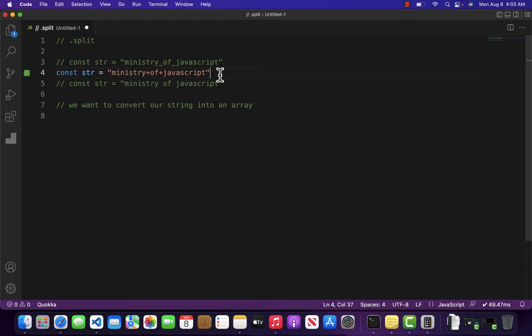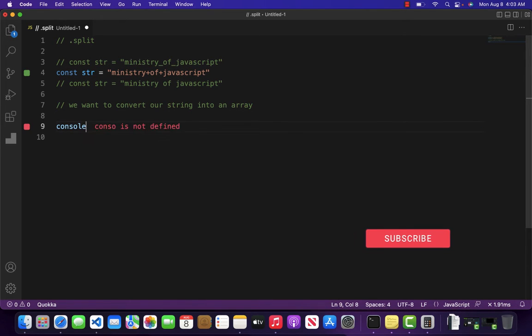In this video we are going to be looking at another prototype method of string which is called .split. Basically we use split method whenever we want to convert our string into an array. So let's just come over here and write console.log